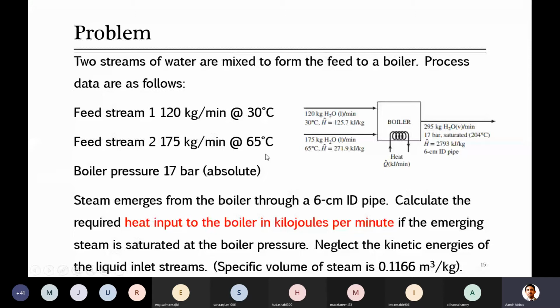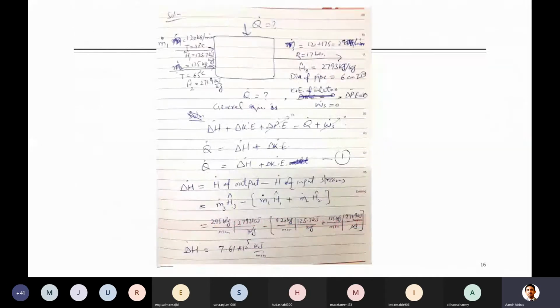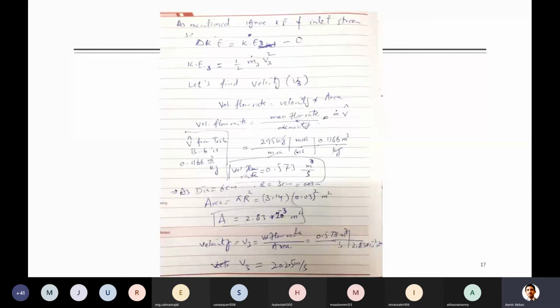Okay. So actually, one thing I can tell you here, the thing he wanted to tell is that there is not much change in the kinetic energy. So only due to this we are just calculating for the outlet stream. For inlet streams, the kinetic energy value may be very small as compared to this value. So based on that, maybe he has ignored it. That's one possible case. Okay. So just calculate it based on the given information.